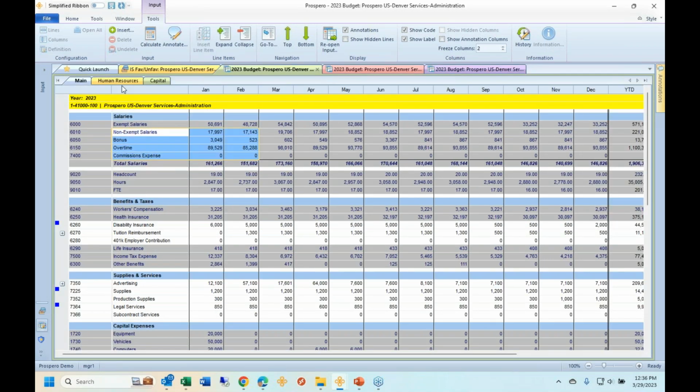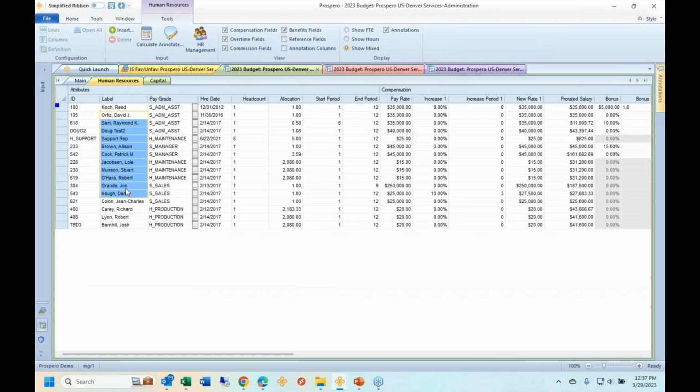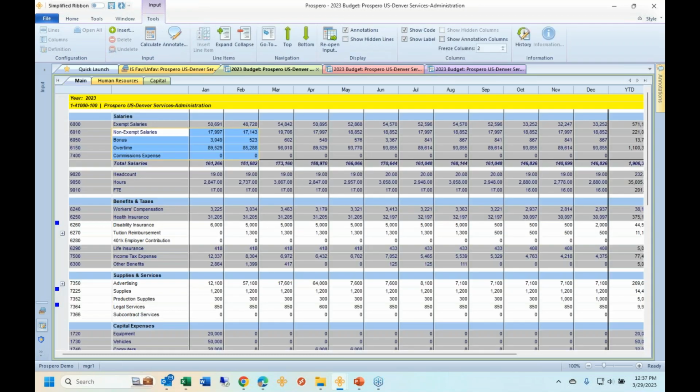These salaries are driven from details like employee or position. These employees are not in my general ledger. I do not have an employee segment, only location, company, department, and account. All right, awesome. We're going to take one step back and let's look at a few details behind this budgeting